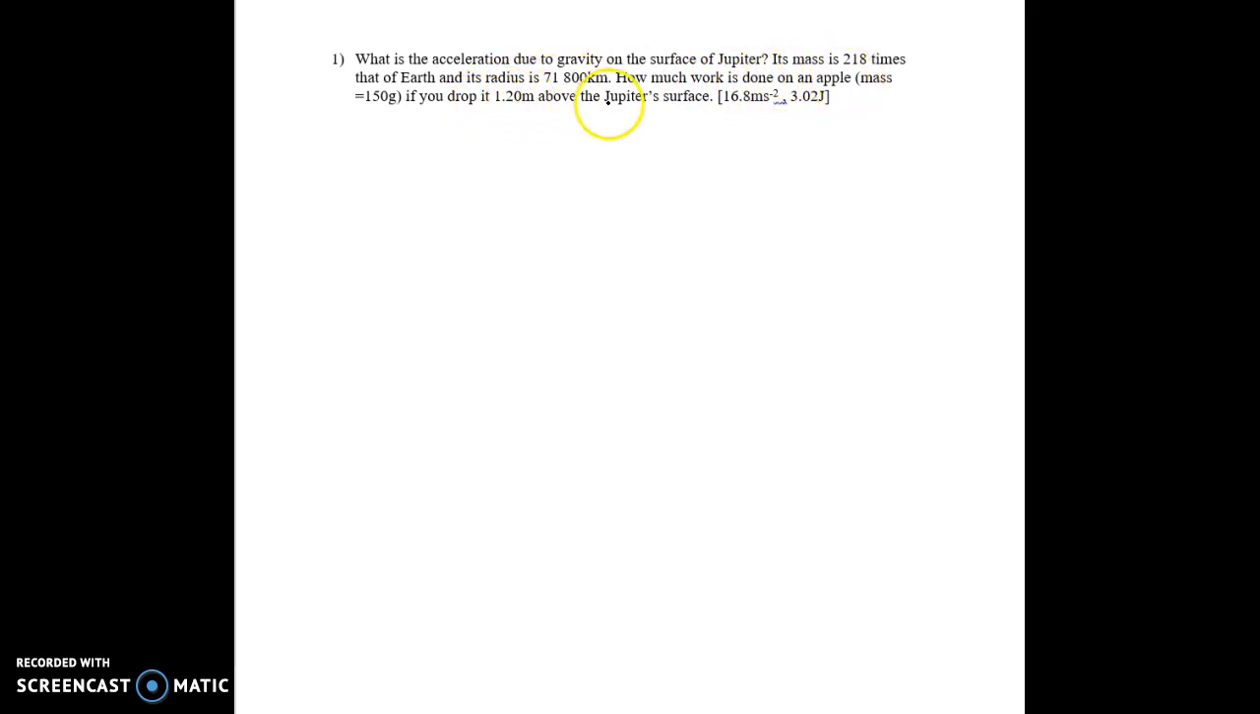meter above Jupiter's surface? If you drop it 1.2 meter, what is the work done? So there are two parts: find the acceleration of gravity, and secondly, find the work done. Okay, we start with part 1, maybe I just call it A for the gravity, the acceleration due to gravity. So you have to understand that the gravitational field strength is equivalent to the measurement of the acceleration of